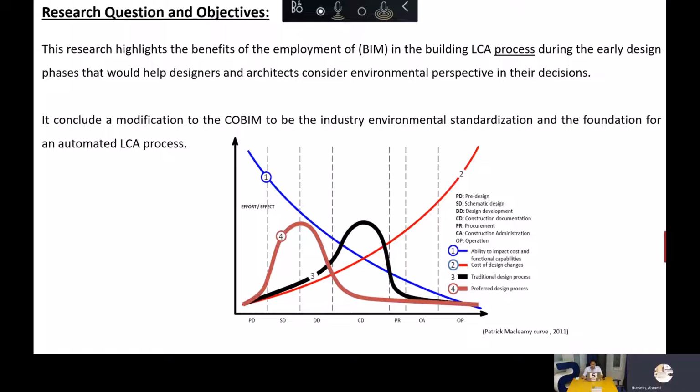This research highlights the benefits of the employment of BIM in the building life cycle assessment process during the early design phases. That would help designers and architects to consider the environmental perspective in their decisions. Why in the design phase? As you can see from this graph,